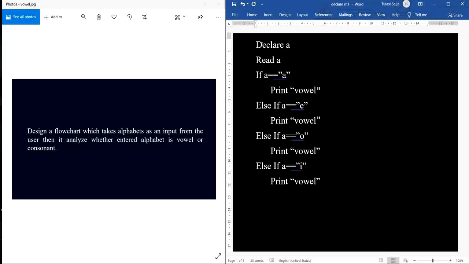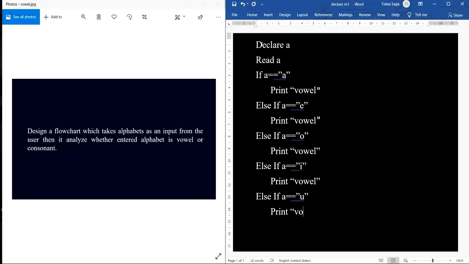If the entered character is not A, E, O, I, then we need to check one more condition, whether the entered character is equal to U. If it is U, then print it as vowel.